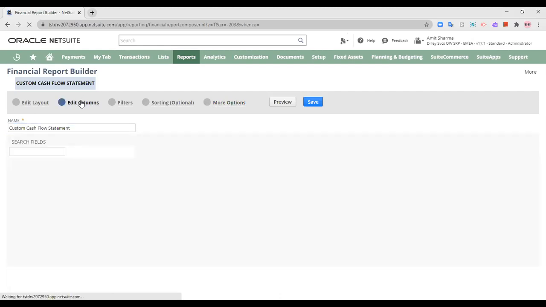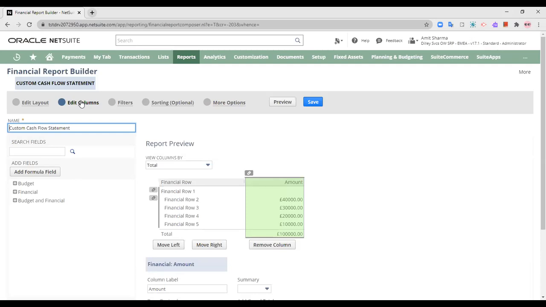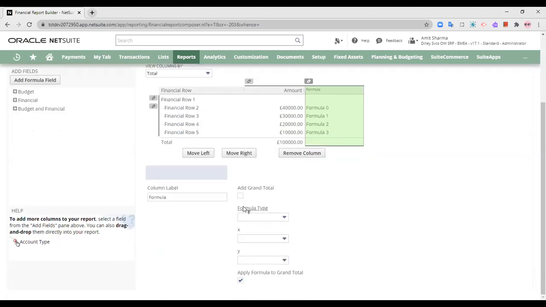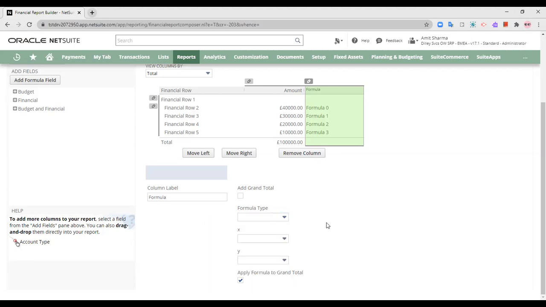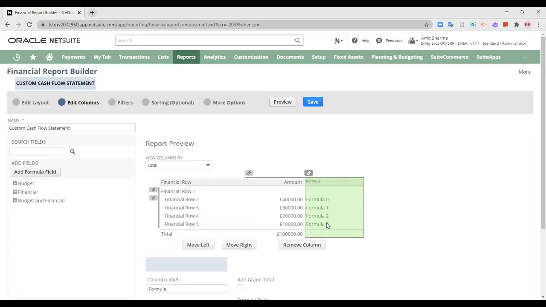Also we have gone through the edit layout. We can also edit the columns, add or remove a column. You can add a formula field where you can sum up two amounts, take a difference of two amounts, or calculate percentage differences and ratios in the cash flow statement.